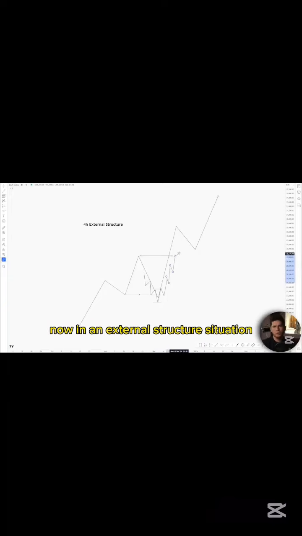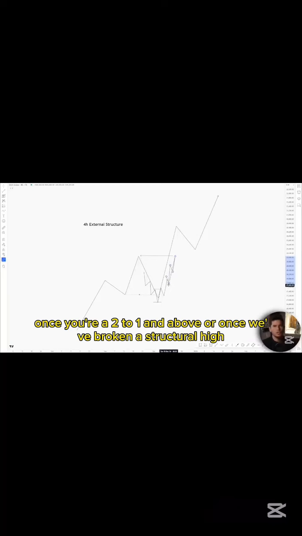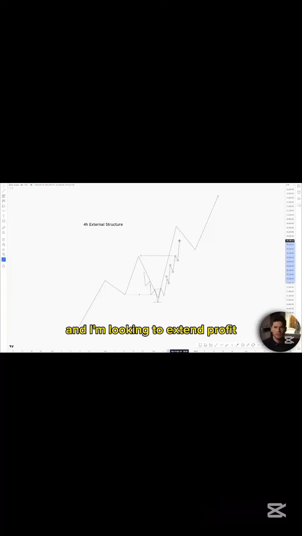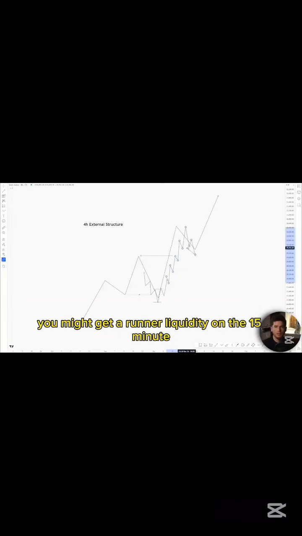Now, in an external structure situation, this is when I am much more likely to hold my positions beyond the structural high point, because your trade entry is way down here. Once you're at 2-to-1 and above, or once we've broken a structural high, especially a 4 hour, that's usually when my risk is off the table and I'm looking to extend profit. So I would keep my position open, and this is the 15-minute I'm drawing on here. You might get a run on liquidity on the 15-minute, not a shift bearish, and you could hold that position